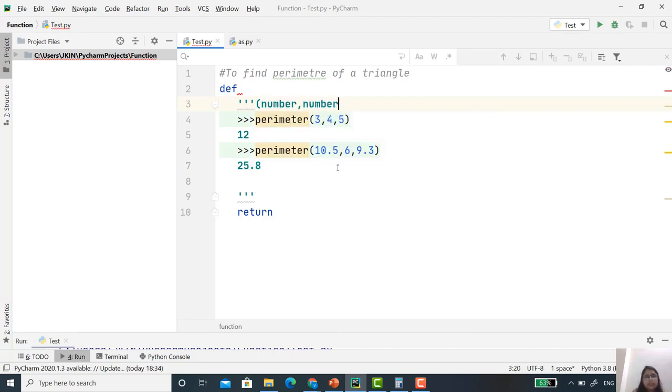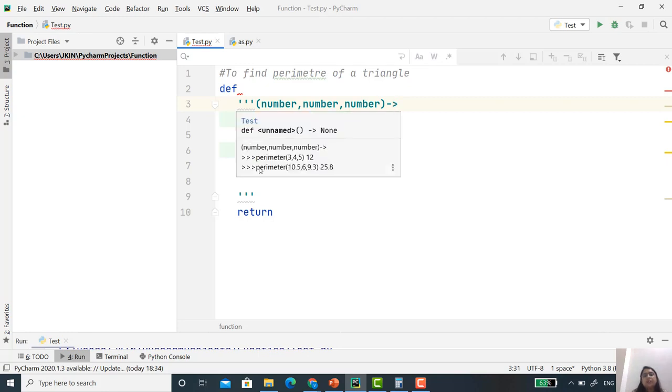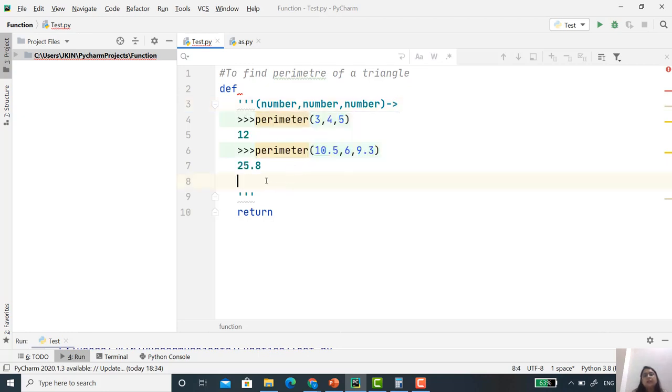The number can be an integer, it can be a float. Now, what is the output? In the first case, the output is 12, an integer. In the second case, it is 25.8, a float. So here also you have to mention a number. It can be an integer, it can be a float.